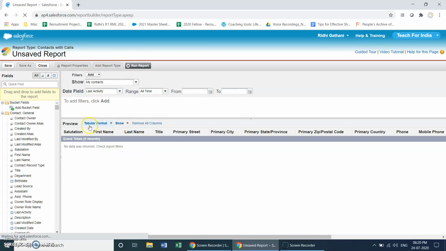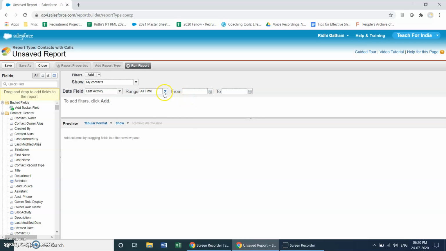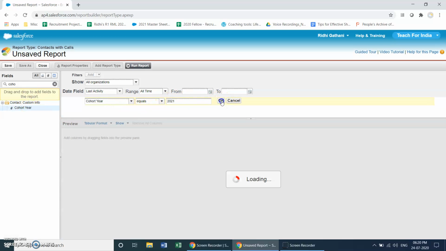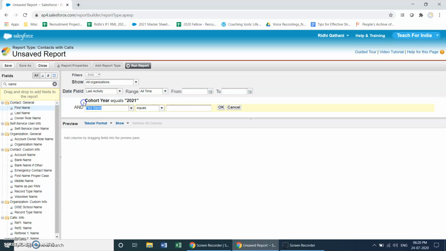The rest of the format is actually the same. But here are a few things that you need to remember, which I'm going to touch upon in this video. You again choose all of these. You choose the cohort here. Again, this is the basic setup that we discussed in the last video.